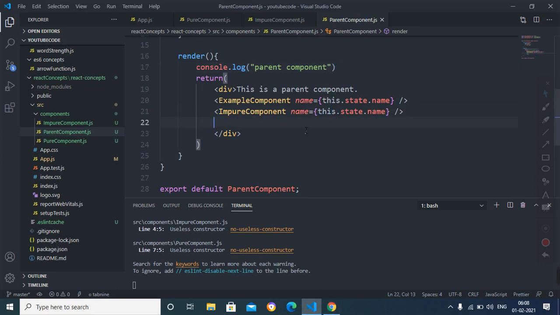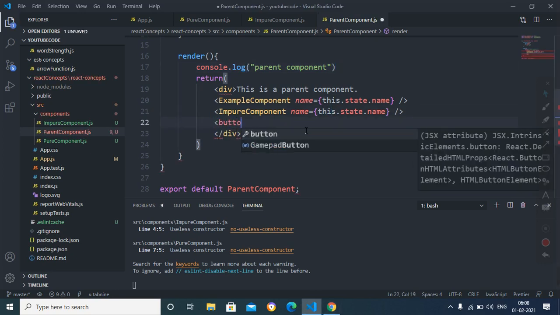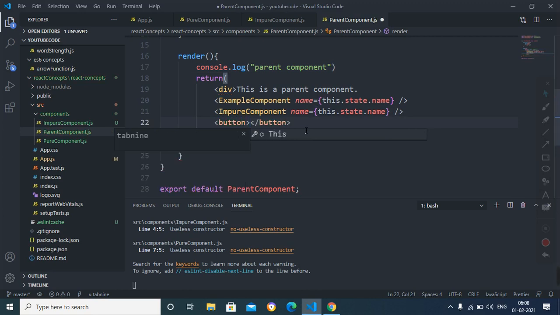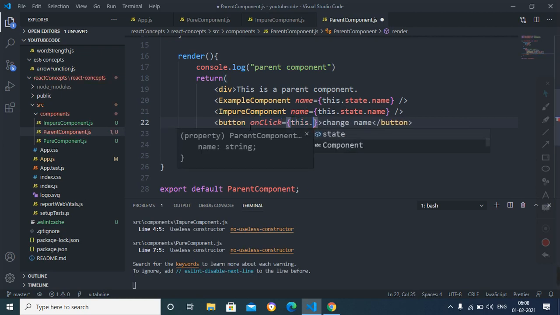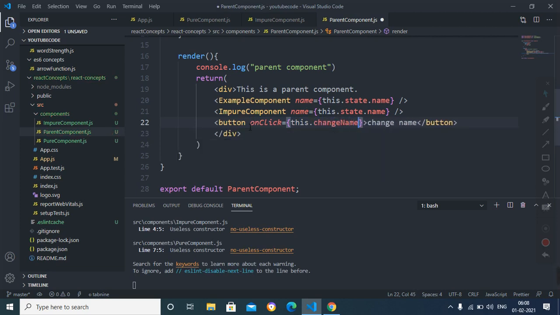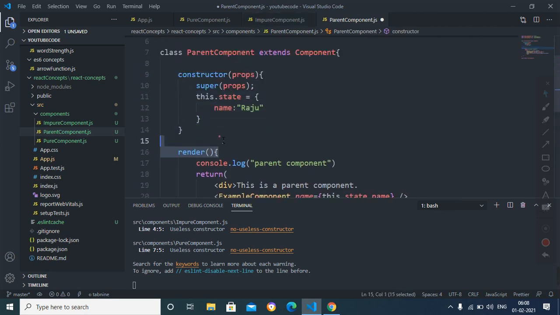But if we create a button here to change the state, button change name, we will add an on click handler. On click is equal to this dot change name function. We will define this function above in the parent component. Here change name